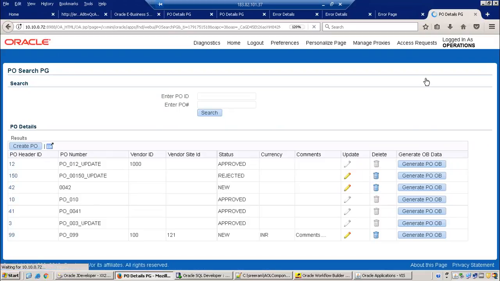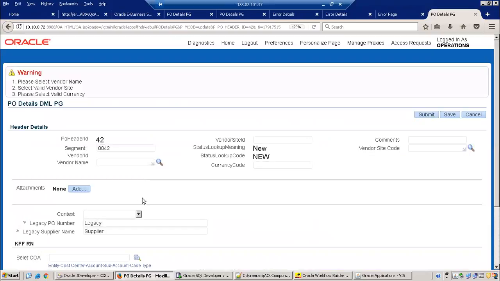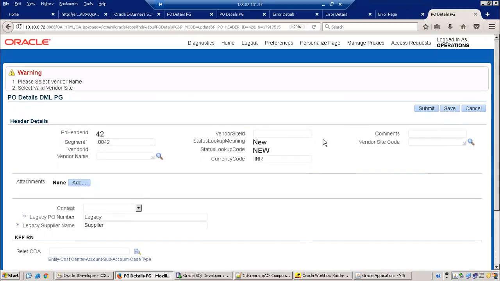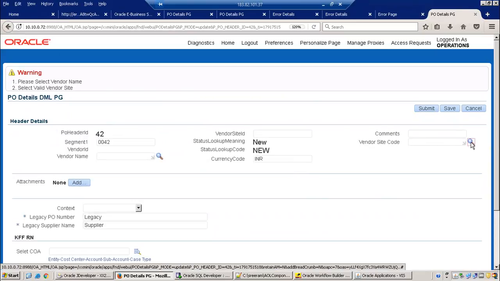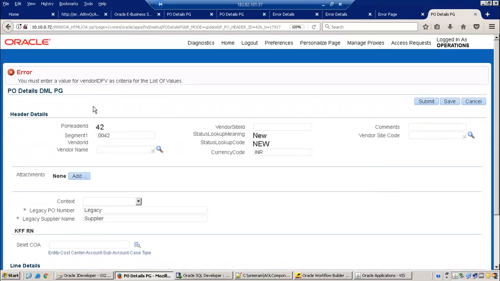So 42. Let's click on save. Got it? Yes, sir. Now let us say I will enter INR. Now we have to get only 2 exceptions. This is how it will solve. Let us say I'll just mention site. Now we have to get only 1 exception. Yes, vendor site. I think it is considering this value. Okay, that's the reason. Maybe I have to select vendor first of all.